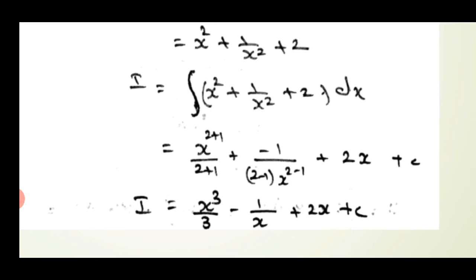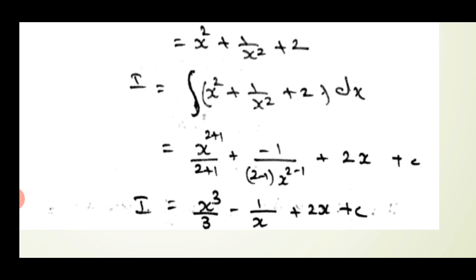So we have a formula. The first term is the x power n formula. So what is the x power n formula? X power n plus 1 by n plus 1. So when you integrate x square, you get x power 2 plus 1 by 2 plus 1. Okay, let's go for the last term, 2. Whenever we integrate a number, as I said, that number into x. So 2, when you integrate, the answer is 2x.